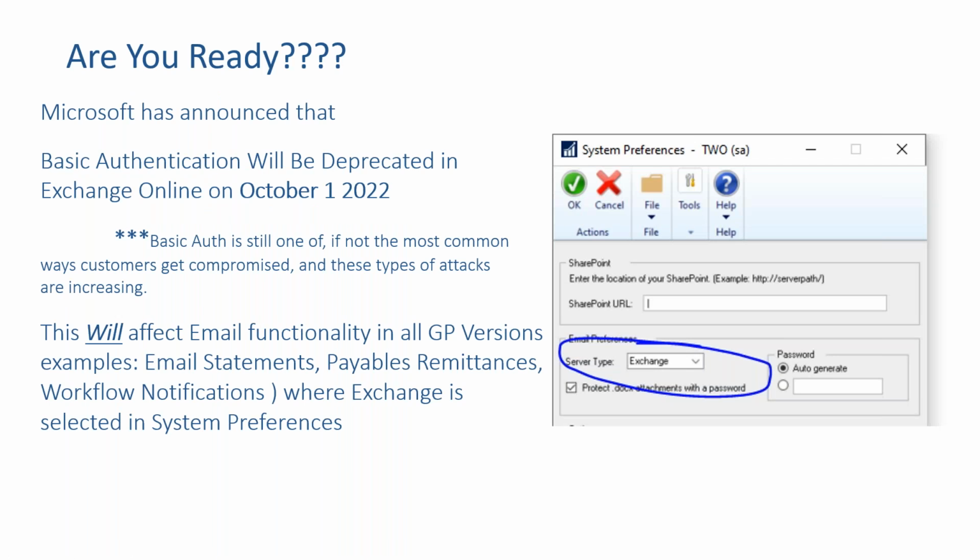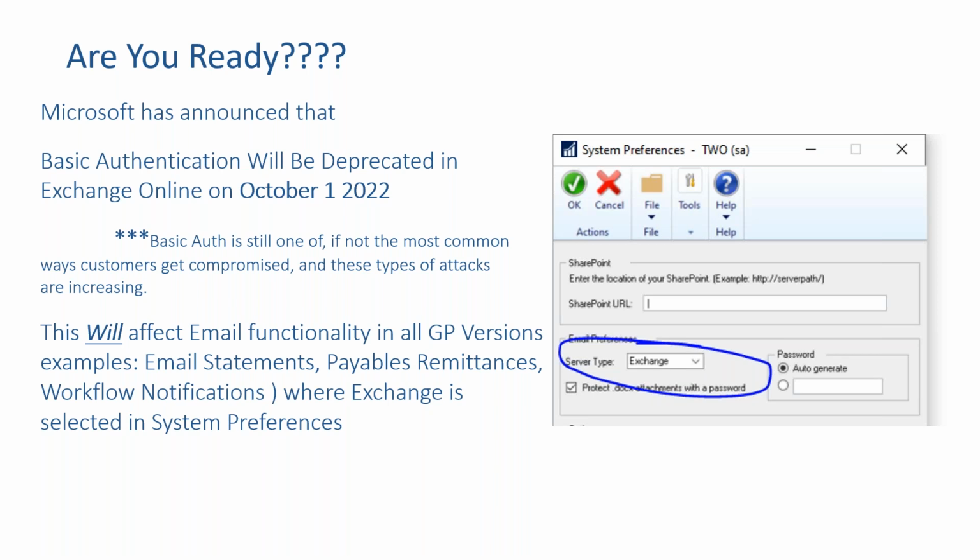Basically what we're going to be talking about is that Microsoft has announced that basic authentication will be deprecated in Exchange Online October 1st of this year. And then there's just a footnote there about basically it's a security risk, and that's the reason why Microsoft is